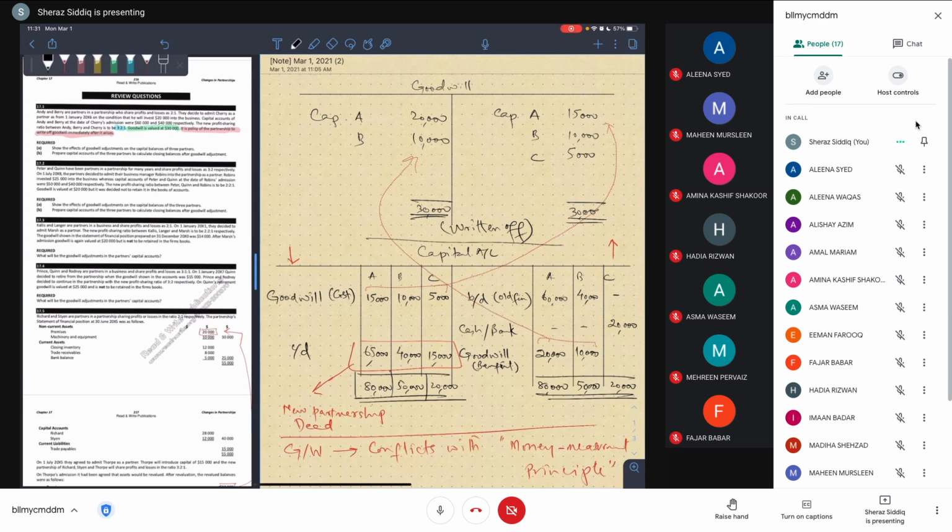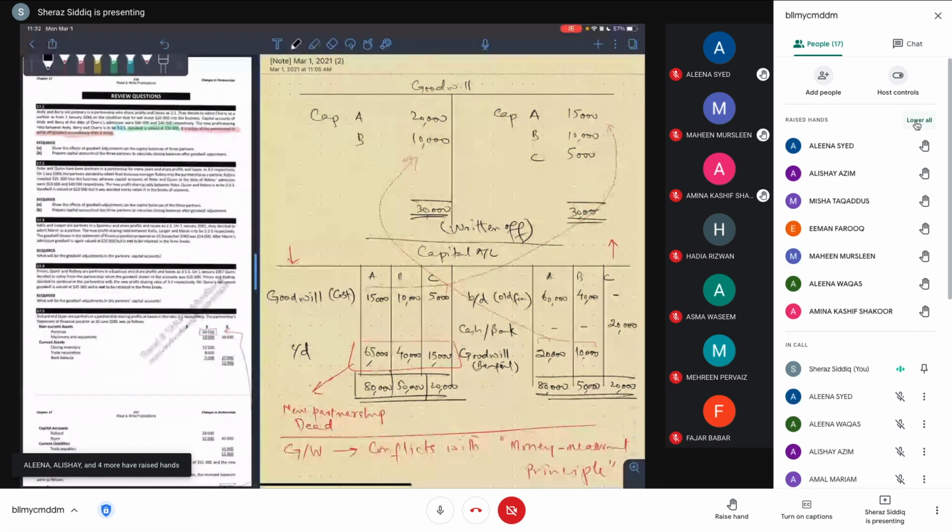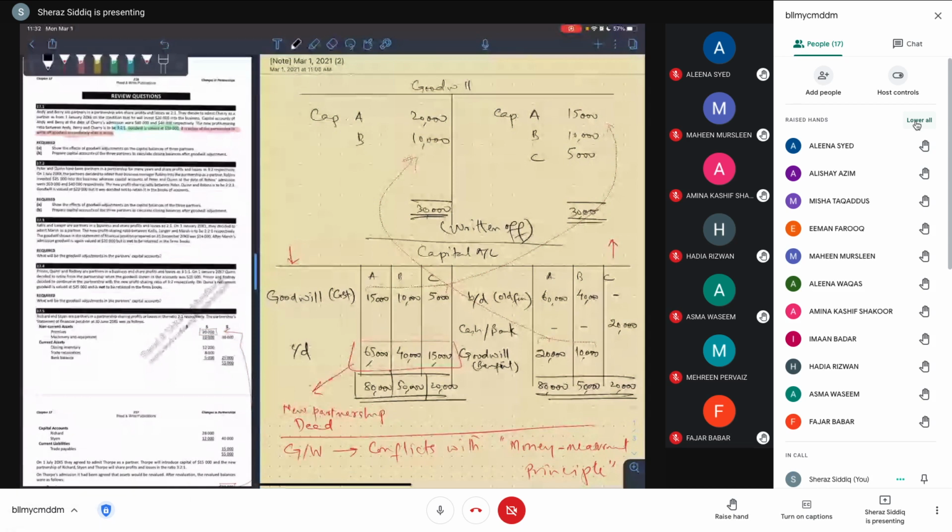Another feedback, please. Hand raise here, right? The goodwill account ceases to exist. There is no goodwill account left in the books, and the capital accounts get updated with the treatment of goodwill. And the new capital account balances are going to be mentioned as the permanent capitals of the new partners: 65,000, 40,000, and 15,000. And this is where the capitals will remain fixed.